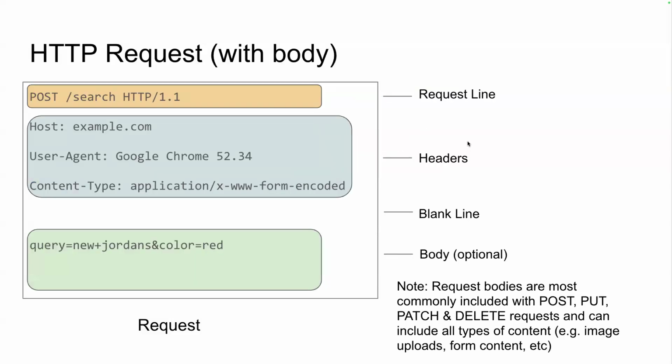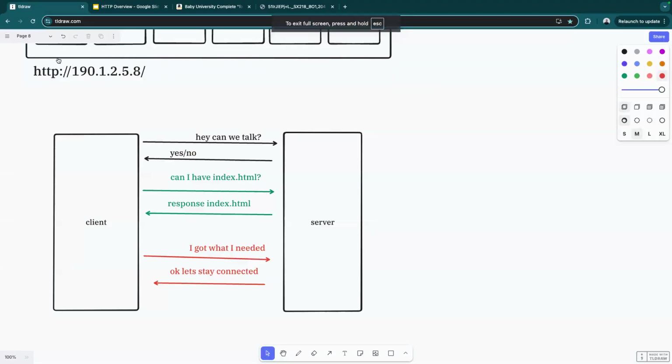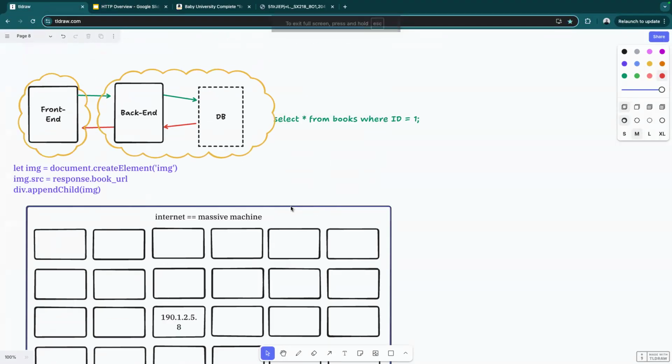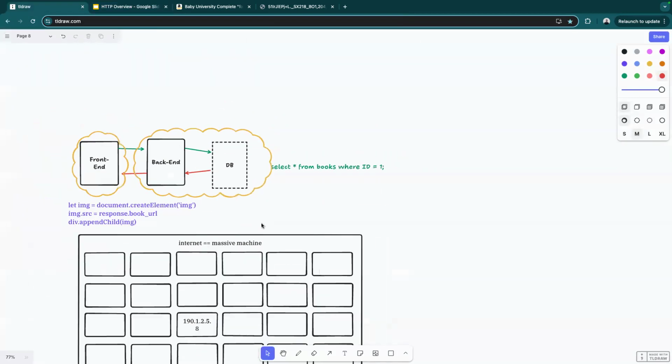All right, now the HTTP request body. So it looks like this is some sort of store, right? Or maybe some sort of shoe browsing site, because what they're sending in the body is, hey, they're sending new Jordans and they want them in the color red. So if we go back to the example that we saw earlier regarding this communication up here,